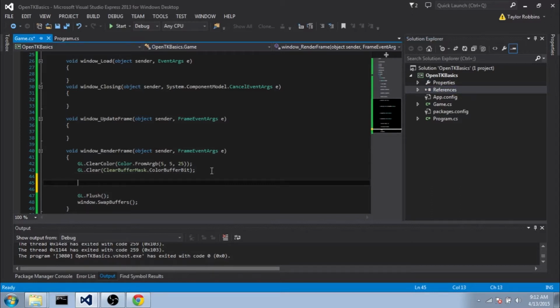Now, there's two different ways of drawing stuff in OpenTK/OpenGL. There's immediate mode, which is deprecated and kind of old, but it's really, really easy and easy to understand. So most beginner tutorials that you see will be on how to use immediate mode to draw stuff, and it can do most of anything you want. However, it's really slow compared to the other ways of drawing stuff, and I can't at the moment think of the name for the other mode,